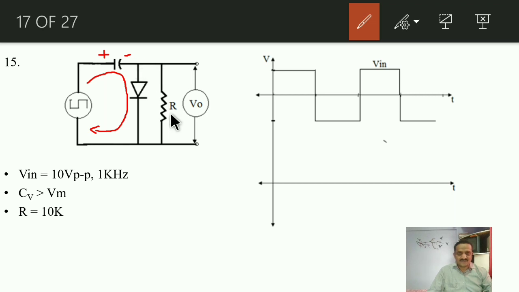No current will flow through this highly resistive path, because current always takes the minimum resistive path. As the diode is in forward bias, it offers a very low dynamic resistance as compared to the very high parallel resistor of 10K. And that's why the output voltage will be almost equal to 0. Practically it will be 0.7. This capacitor will get charged up to Vm, because the applied square wave input has the peak value Vm, is it?